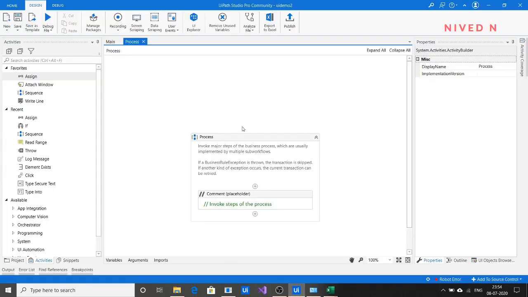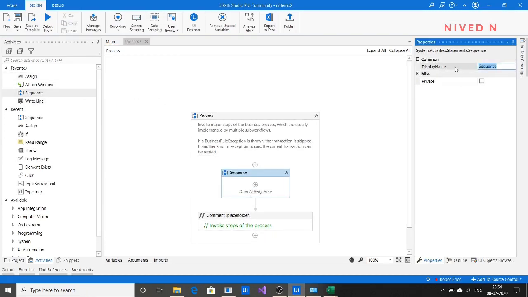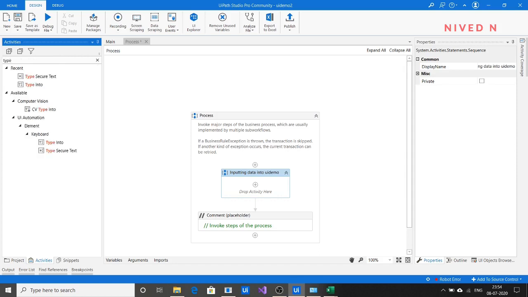That is what we have to do, and this is actually what we are going to do in the process state. Okay, so for that I just open the sequence here, and you can give it a name. Let's say inputting data into UI demo. Okay, so now for inputting the data to UI demo, you can use the type into activity.